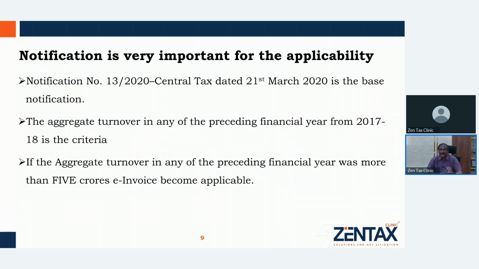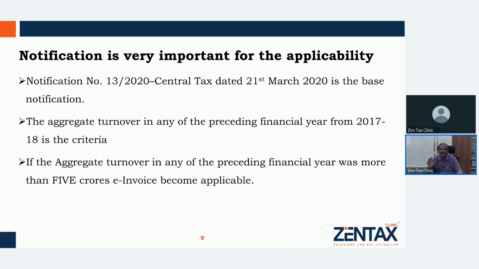The aggregate turnover mentioned here should be as per the GST provisions. Because we have seen some cases of 5 crores. As per the P&L, the turnover is only 4 crore 80 lakhs. The ASI was under the impression that with P&L at 4 crore 80 lakhs, it is not liable. But they had made a sale of fixed assets for 25 lakhs. So that is also part of the aggregate turnover.